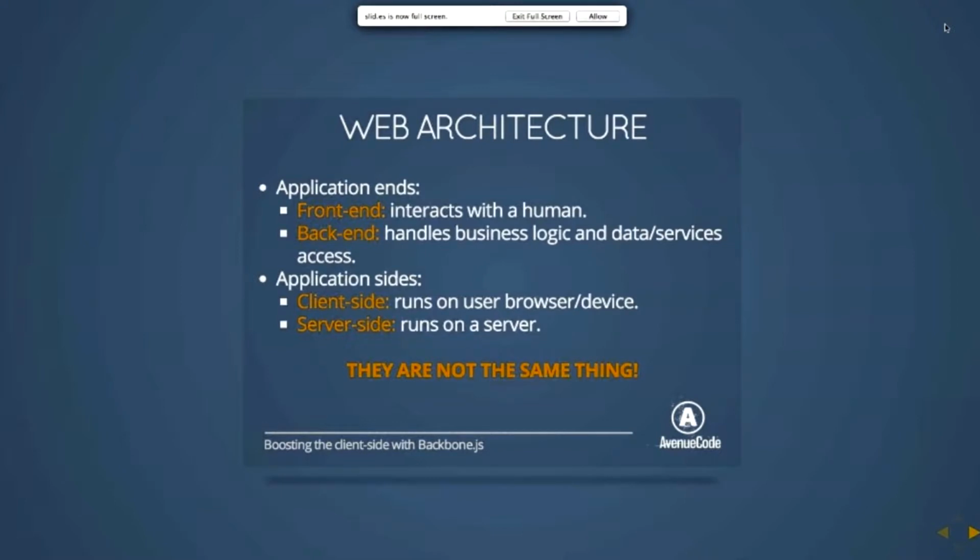Why? That's the purpose of this talk, to understand how they are not the same thing. Because front end actually runs on the client side, but we can also have back end running on the client side. You see, that's the idea that we're going to talk about here. Okay,